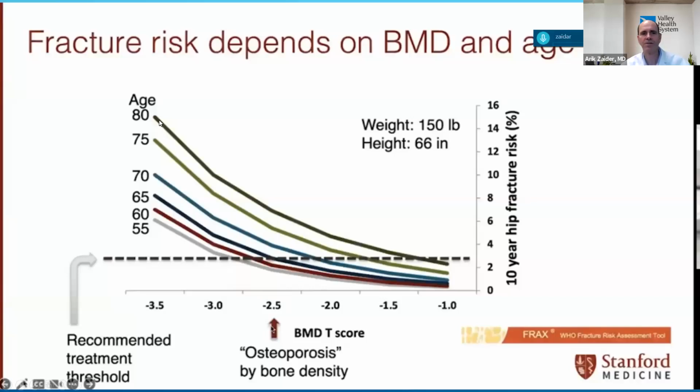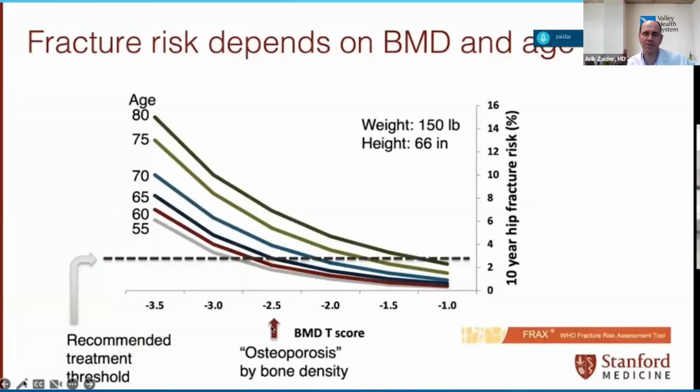So let's look at someone who's 80 years old, and that's the very top line. So we have a nice 80-year-old patient. What you see is that at what point does the 80-year-old have a high risk of fracture? At what point does the 80-year-old cross the dotted line? So look, the 80-year-old, which is the top line here, the dark green line, crosses the dotted line at -1.2. Okay, that means the T-score of this person was just -1.2. It wasn't -2.5, it was -1.2. And yet, because of their age, which is a big risk, they suddenly have a very high risk of osteoporosis.